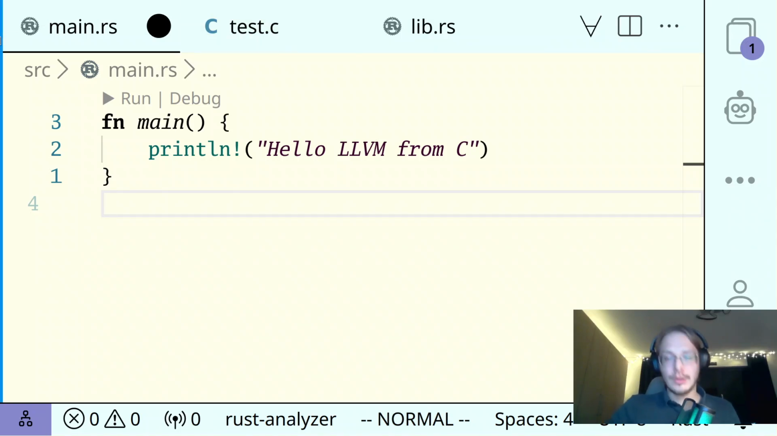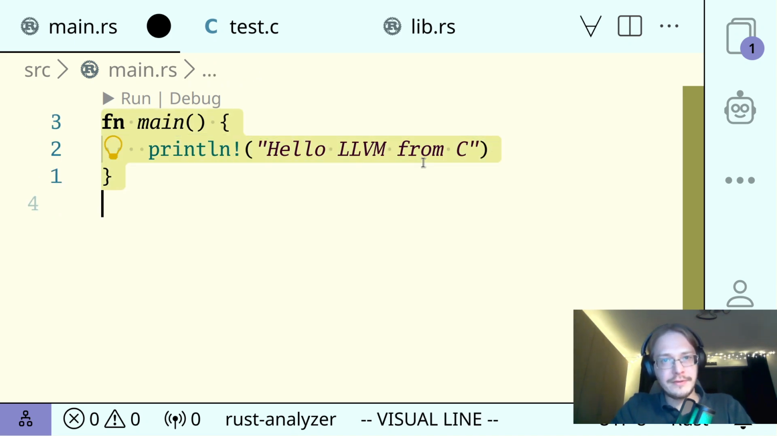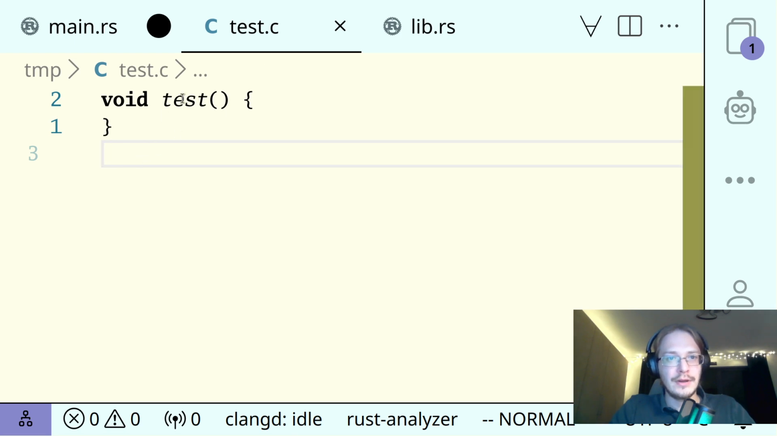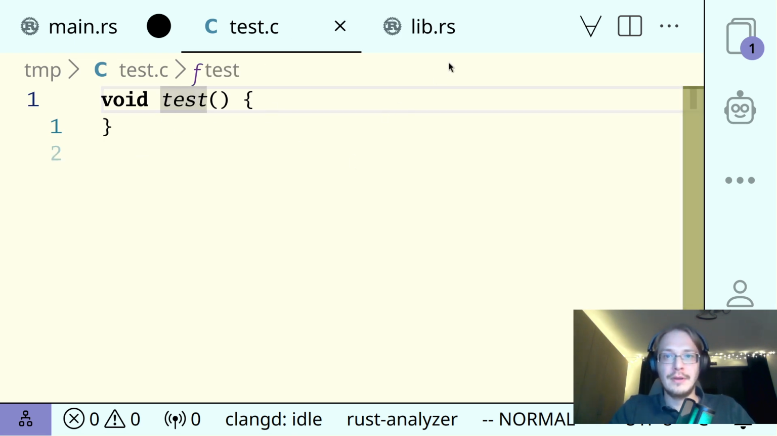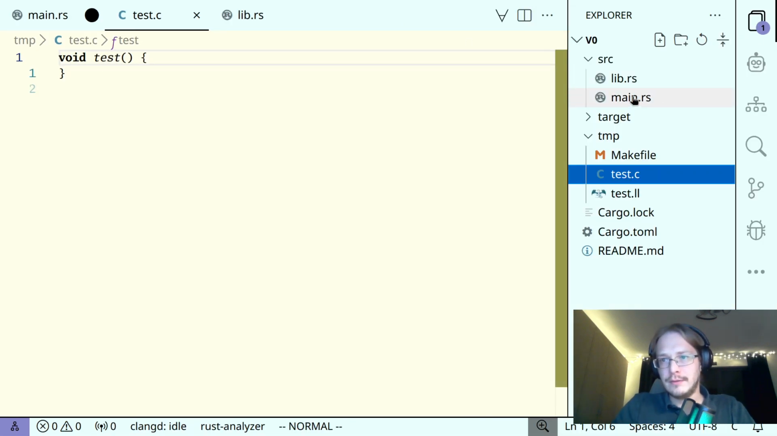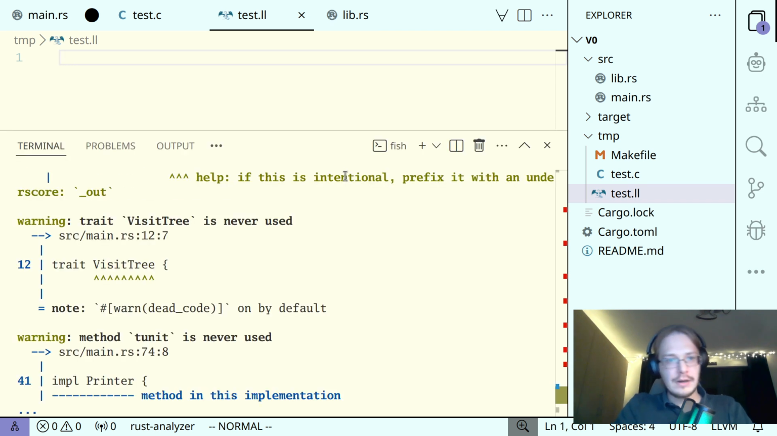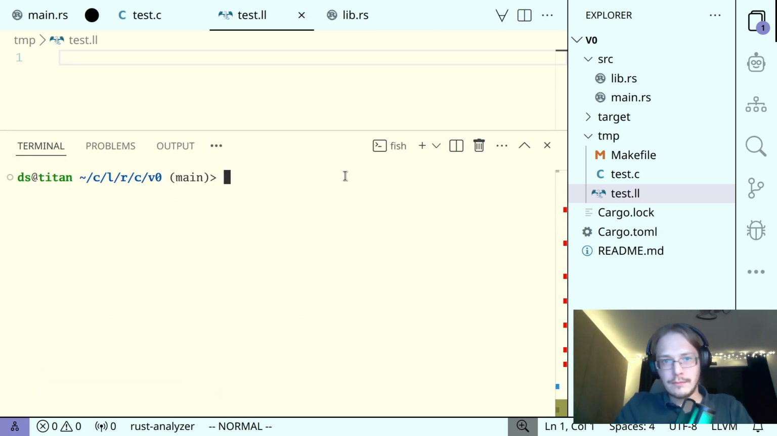Okay, hello, welcome to a coding session where I will have 1 hour to get as much as possible from this state to compiling a test file like this into a simple LLVM code file. So basically it should be like this. This test.c file should become a test.ll file, but